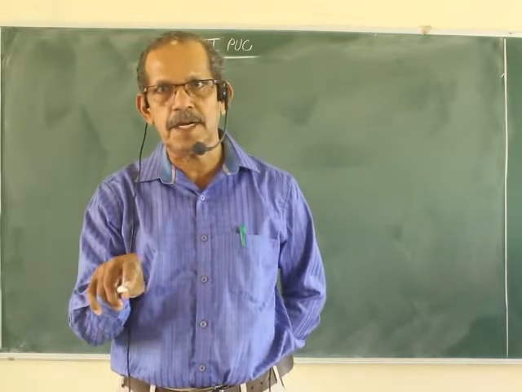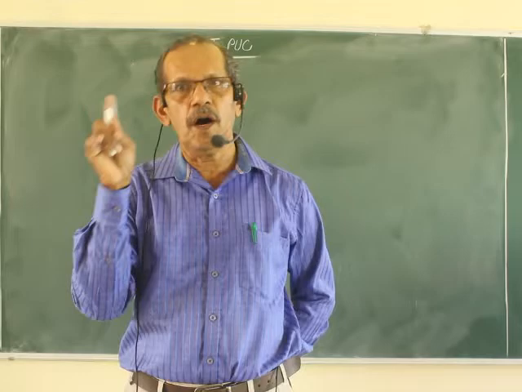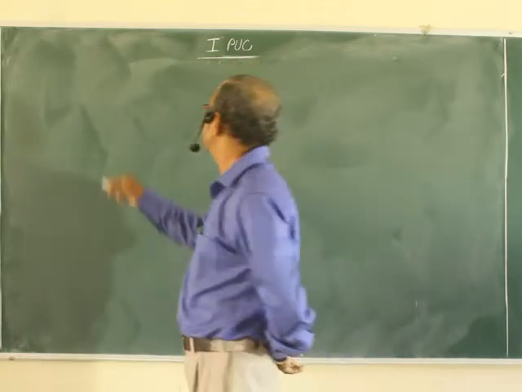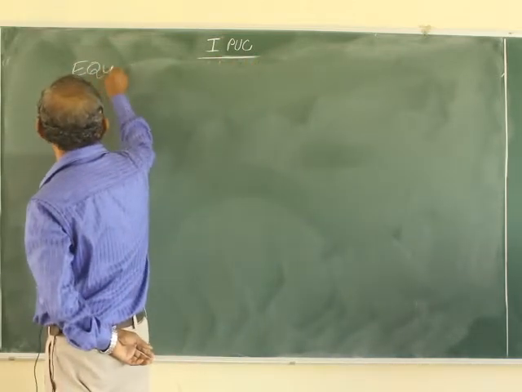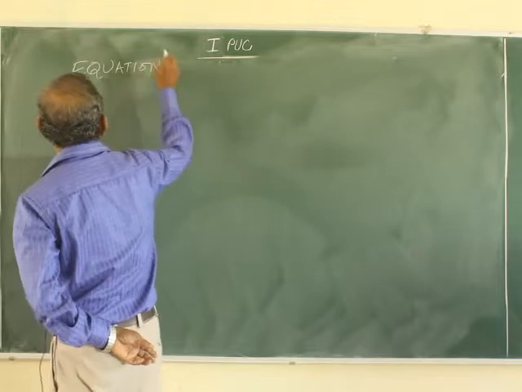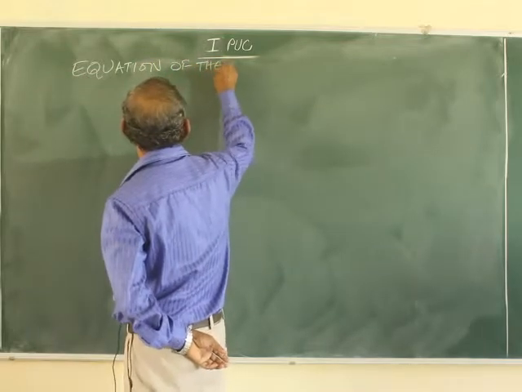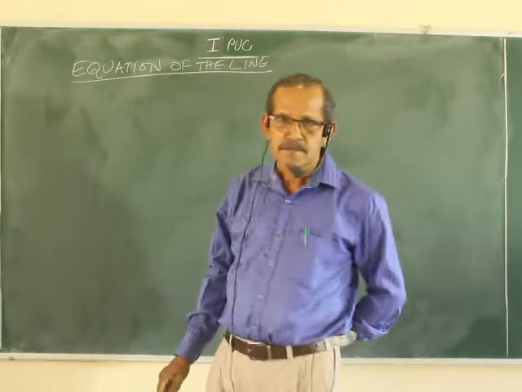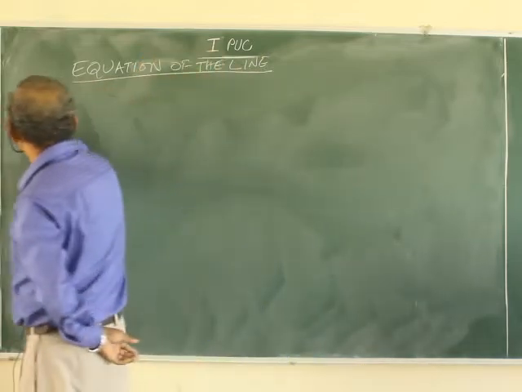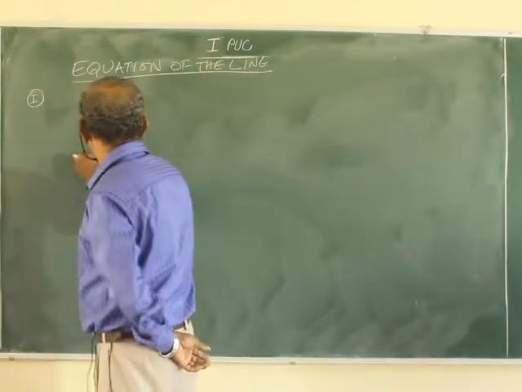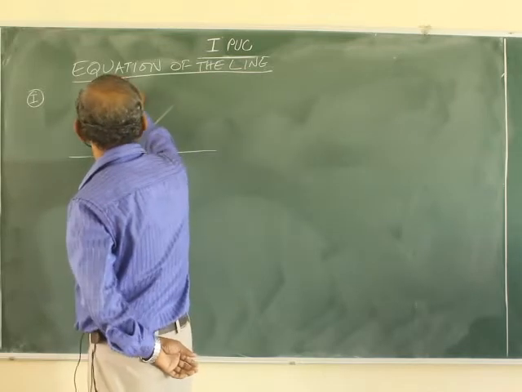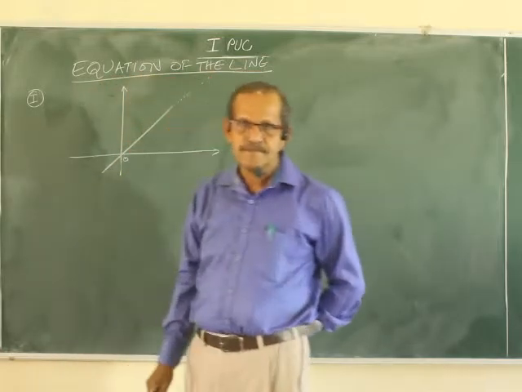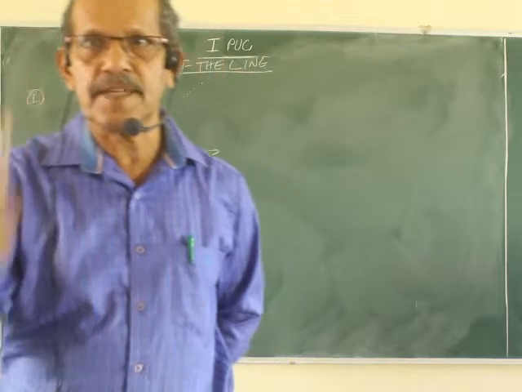Since it is the locus of the point, without changing the direction, its slope is always constant. Now, how to write equation to that? Second point. So let me write equation of the line, straight line, equation of the line. First of all, let me start with this. A straight line passes through the origin. Remember, straight line passes through the origin. How to find the equation of that?